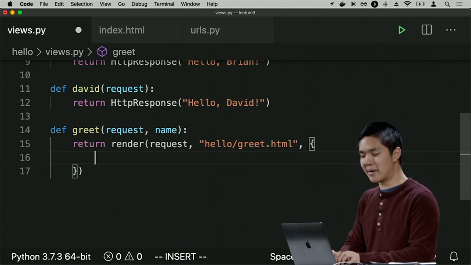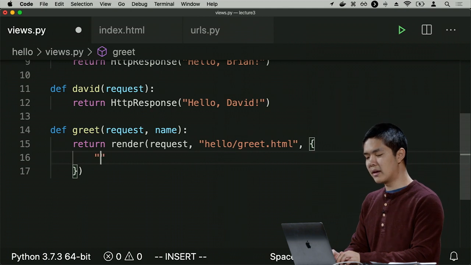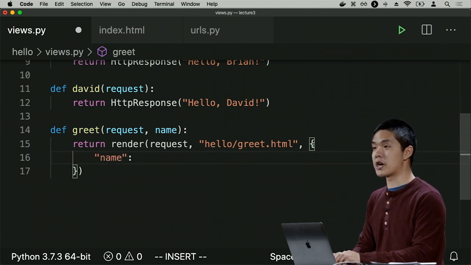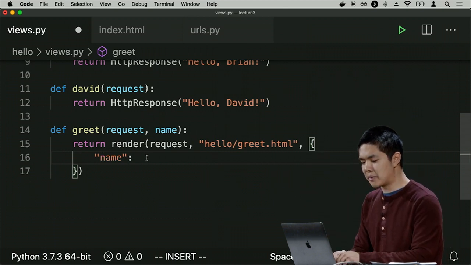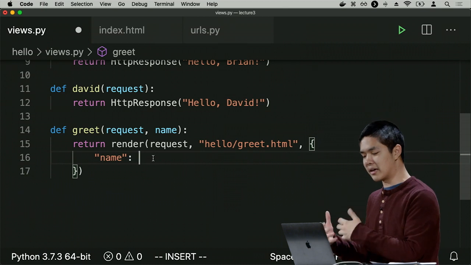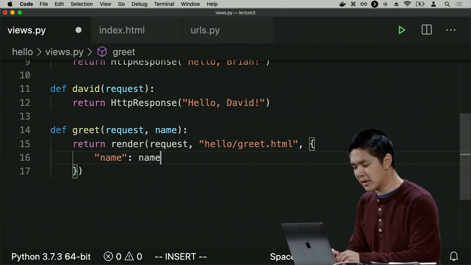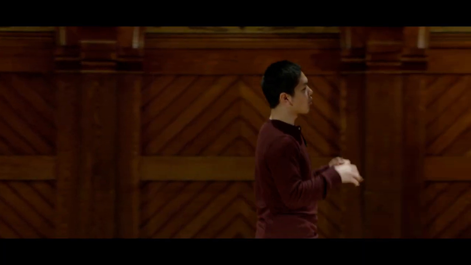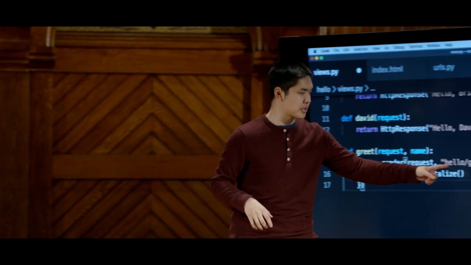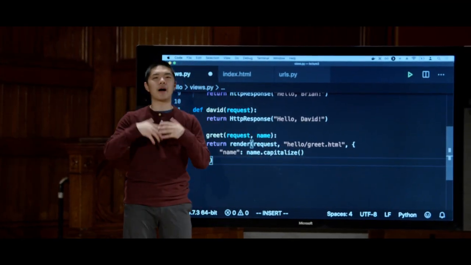And so one thing I might want my template to have access to, for instance, is something like a name. And so this is a Python dictionary, just a sequence of key-value pairs. And this name might be associated with what value. So name is the key. The value I want to be name.capitalize. And so what's going on here is that now, when I render this template hello/greet.html, I'm providing that template